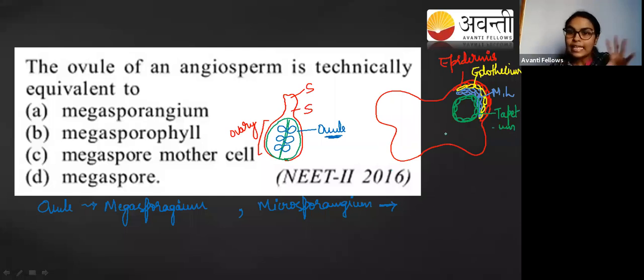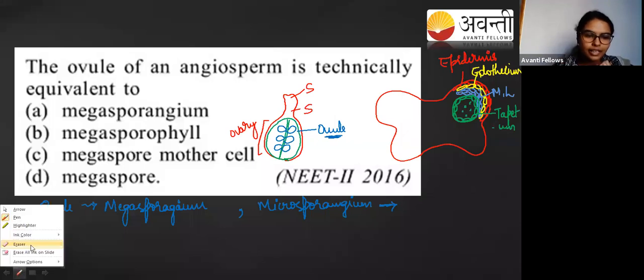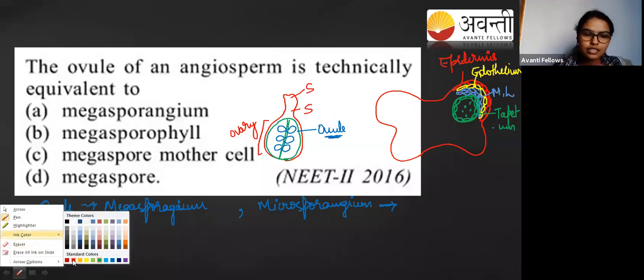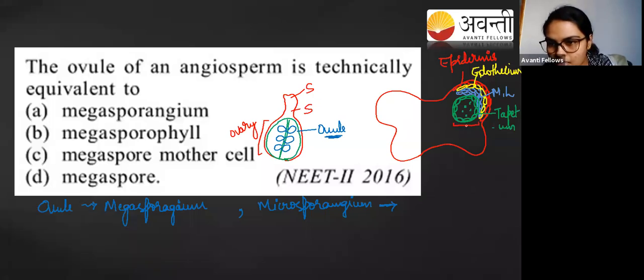Okay, so this is tapetum. Inside tapetum, you get the sporogenous tissue. Sporogenous tissue has microspore mother cells, which will give rise to the microspores. And from microspore, you get the mature pollen grain with the formation of 2 male gametes inside the pollen grain. So this is the entire structure. Now, this green color, what I have written in green color, this is called pollen sac, and another name is microsporangium.